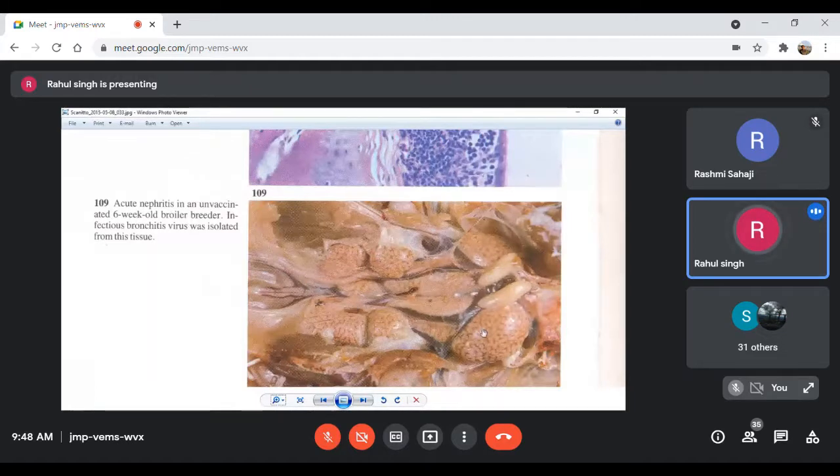And you see kidneys are appearing striated. The retained urates and the necrosis have given this striated appearance to the kidney. And these lobes are extensively swollen and prominent. The kidney lobes are extensively swollen and prominent in this case. This is very clear-cut nephritis that we have in this case.